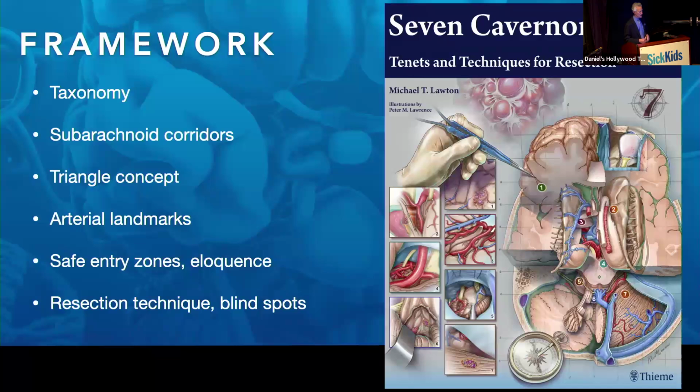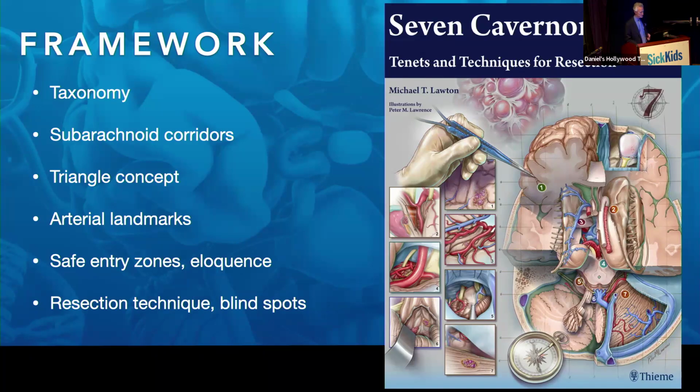But we've done it again with this, and I'm going to present to you the framework for Cavernomas, which begins with a taxonomy, talks about all these various themes with subarachnoid corridors, the triangle concept, arterial landmarks, safe entry zones, and technique. And this is how the cover will look. It's finally done. It's been shipped to TEMA. And so hopefully by the fall, you'll see this actually at